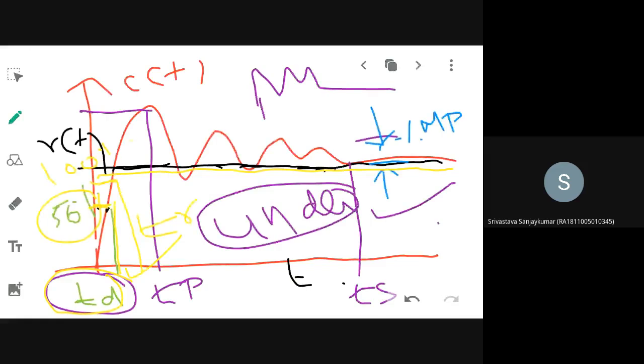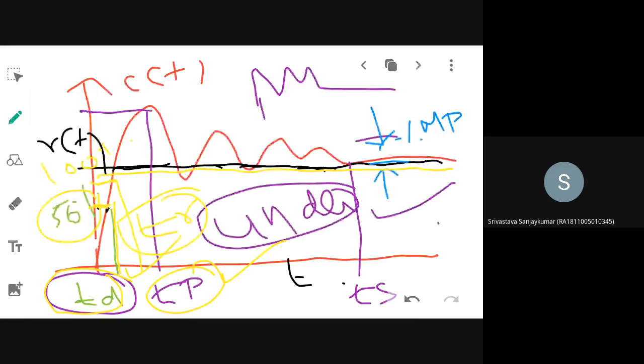Okay, it will depend upon different systems. It may range from 80 to 98 or something. So that percentage will differ. But other than that, the time taken by the response to reach 80 to 100% of the final value for the first time, that will be called as what time? Rise time. Okay, now peak time is easy to define.